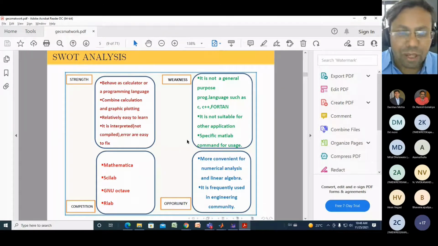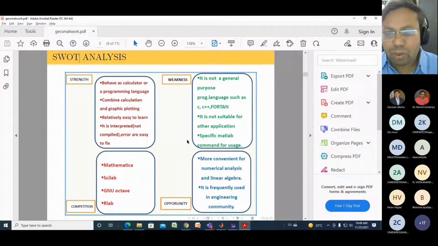If you have developed any algorithm in MATLAB, you cannot run it in C++ or Fortran. So it is not suitable for other applications. If you have developed any algorithm or project with the help of MATLAB, you need to run it in the MATLAB compiler only. You cannot run your MATLAB project on any other platform.